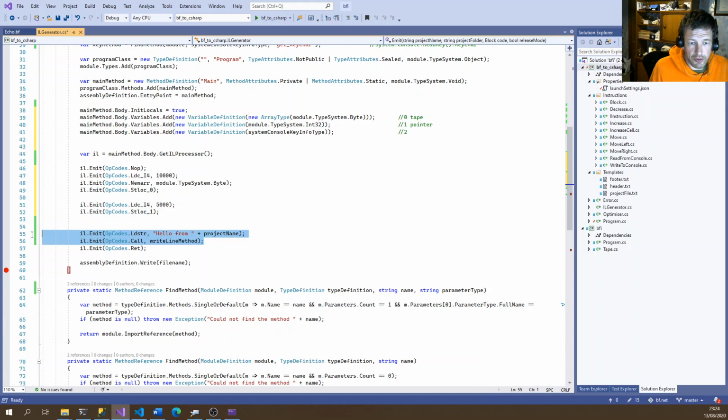And I'm going to comment out our hello world statement as well. So what we have here is, first of all, a nop, which is no operation, so that doesn't do anything at all, but it is somewhere you can set a breakpoint later on. We then put the value 10,000 onto our stack, and we then call new array. A new array takes the topmost value off the stack to be used as its size. And then the stack now contains our new array of size 10,000, which we then take off the stack and